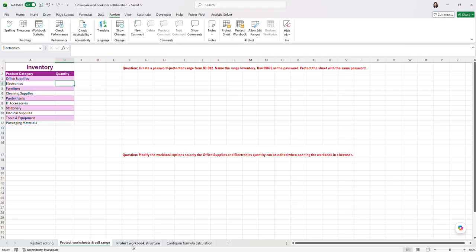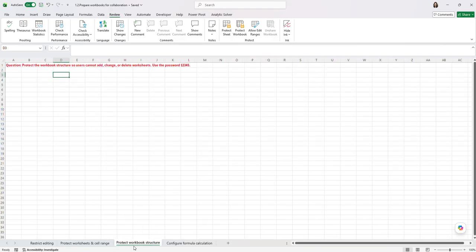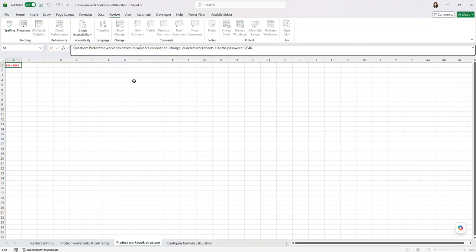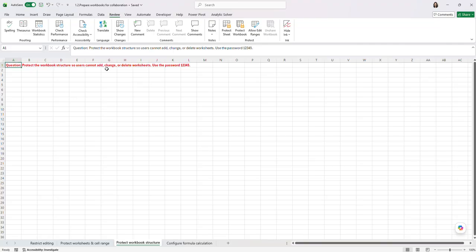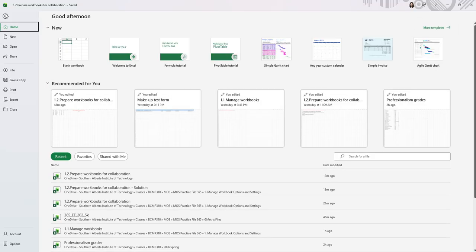Okay, then third is protecting the workbook structure. I have seen this question so many times on the MOS exam. They do not exactly say to protect workbook structure. They will give you questions like this: protect the workbook. Sometimes they won't even mention the word structure, and they'll say so that users cannot add, change, or delete worksheets from the workbook. Use the password 12345. Now what structure means is if you go here,